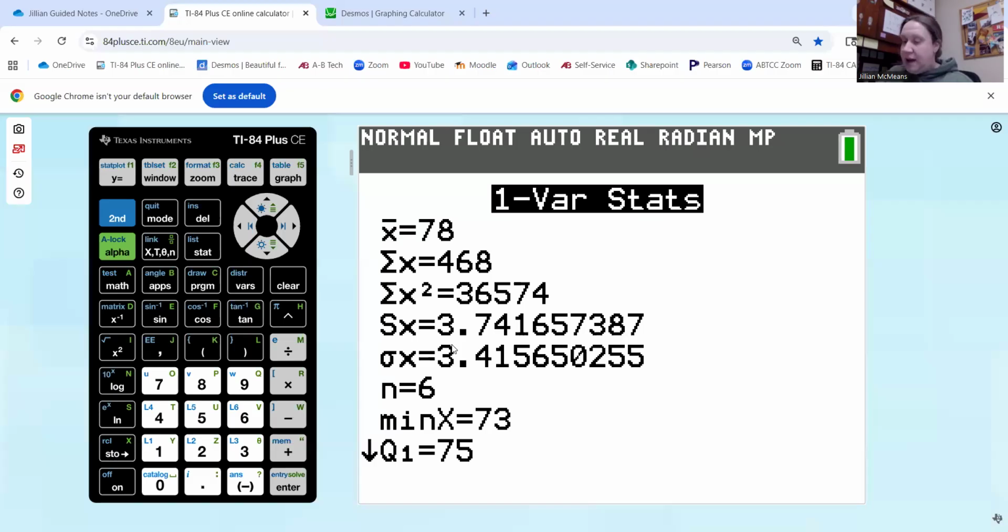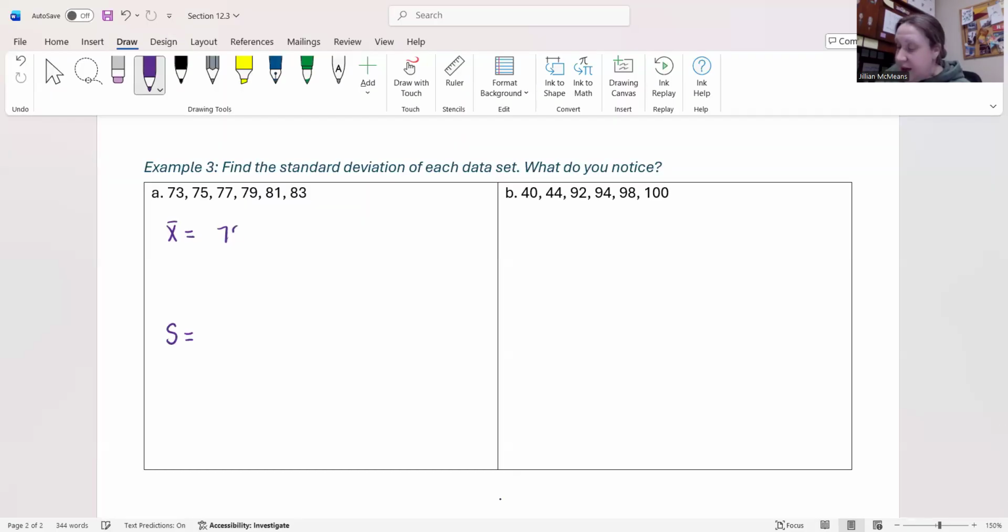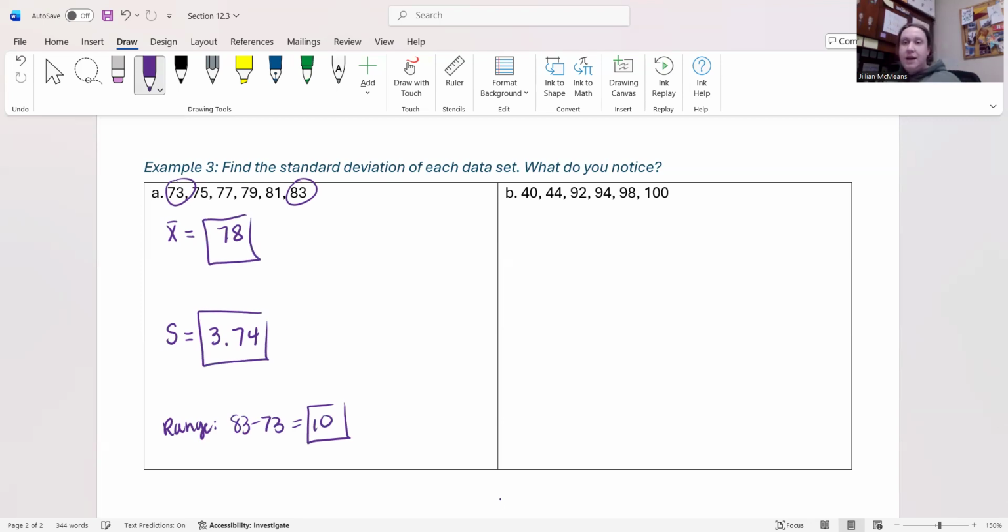And X bar we got was 78. The standard deviation was 3.74. And then just for fun, let's do the range. So remember, the range is the highest minus the lowest. So that would be 83 minus 73. So for this example, the range is 10. Okay. Now let's do this again on the calculator for part B,